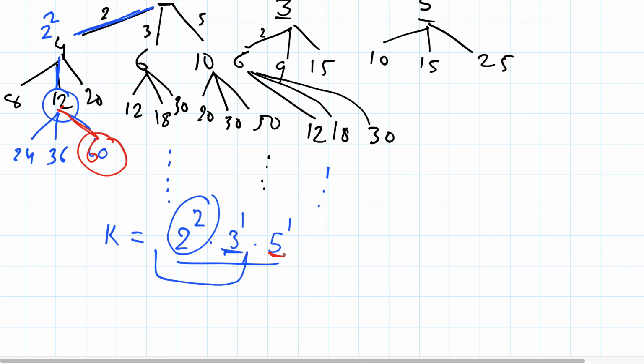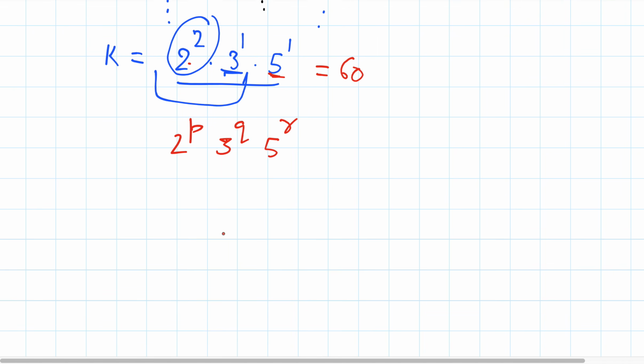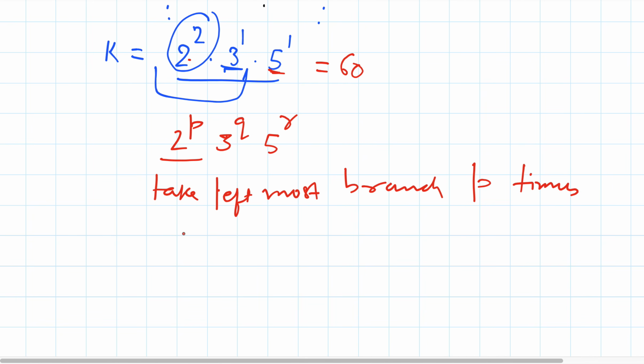So 5 times 3 is 15, 15 times 4 is 60. So in general, if we have any ugly number, 2 to the power p, 3 to the power q and 5 to the power r, then this is equivalent to: take the leftmost branch p times. So we will get 2 to the power p, then take